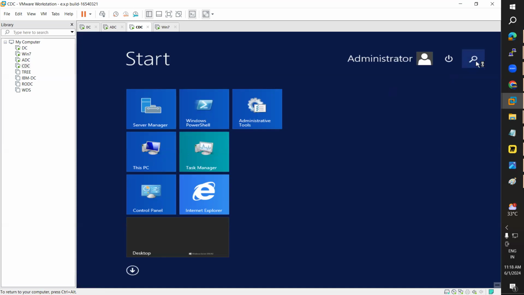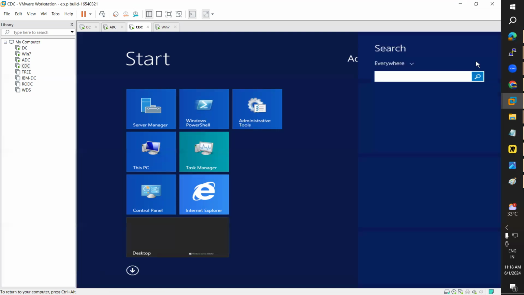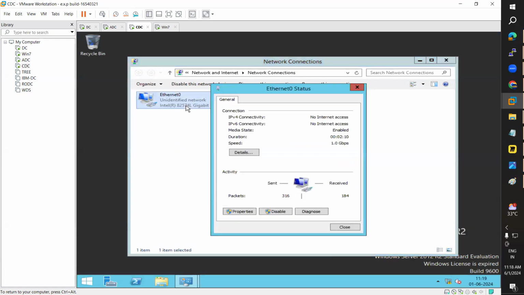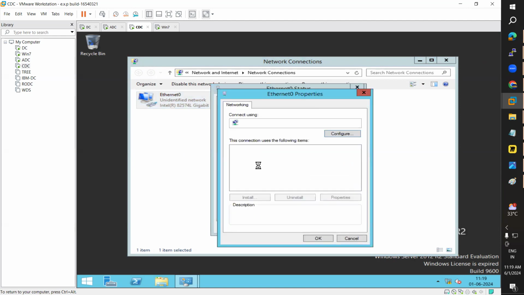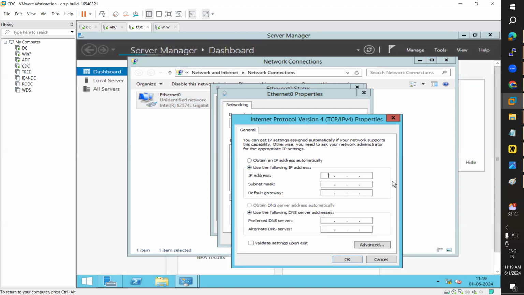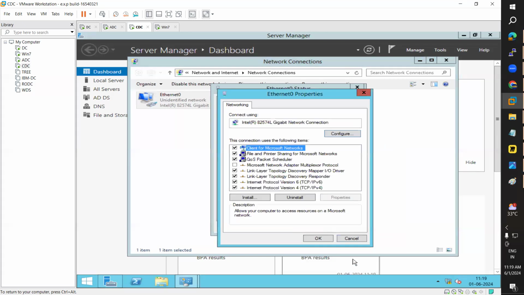Now ncpa.cpl. Open properties, TCP IP. Just erase these IPs and add new IPs. 11.0.0.2 here, 12.0.0.2. Okay, this is one,